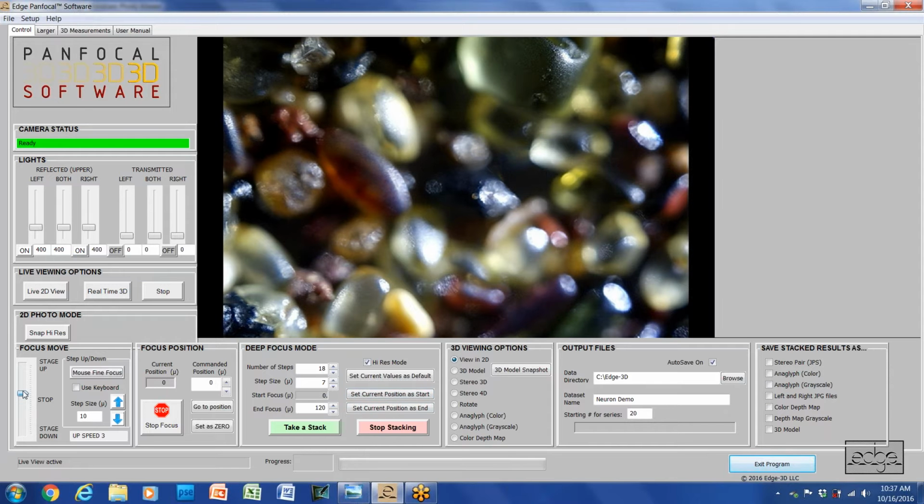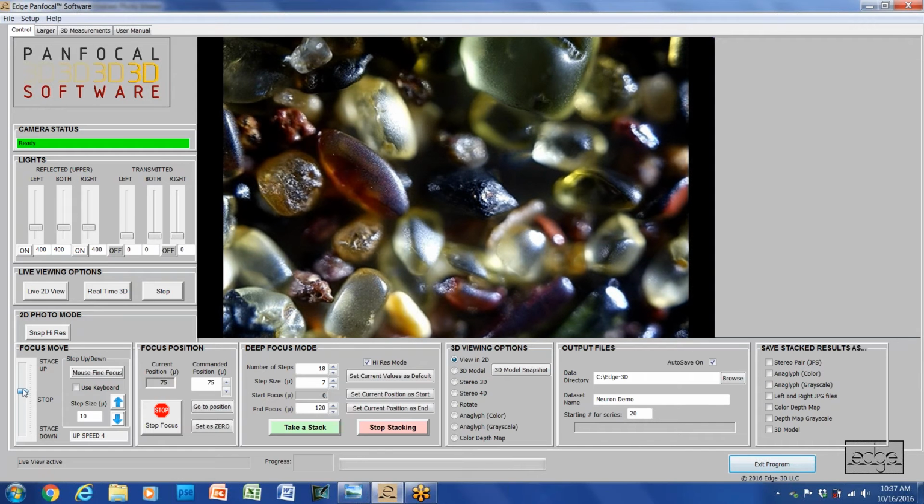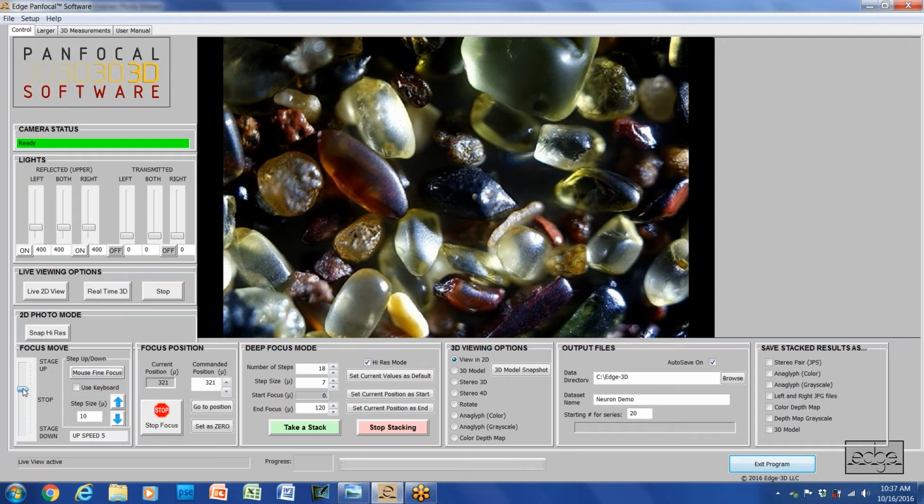But I'm going to raise the stage till I get deeper into these sand grains. So I'm raising the stage. You're seeing the focus go through, and I'm going to probably set that right about there. Now I'm in the background here, and those are in focus, so I'm going to set that as the current end position. That was 400 and almost 500 micrometers. We're using a low power, a 4x lens right now, so we're going to use 40 micron steps. And now what we're going to do is name it